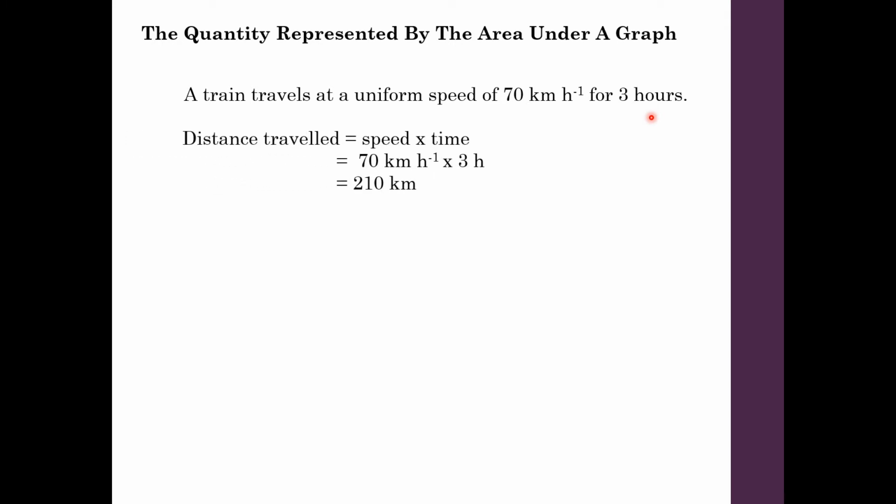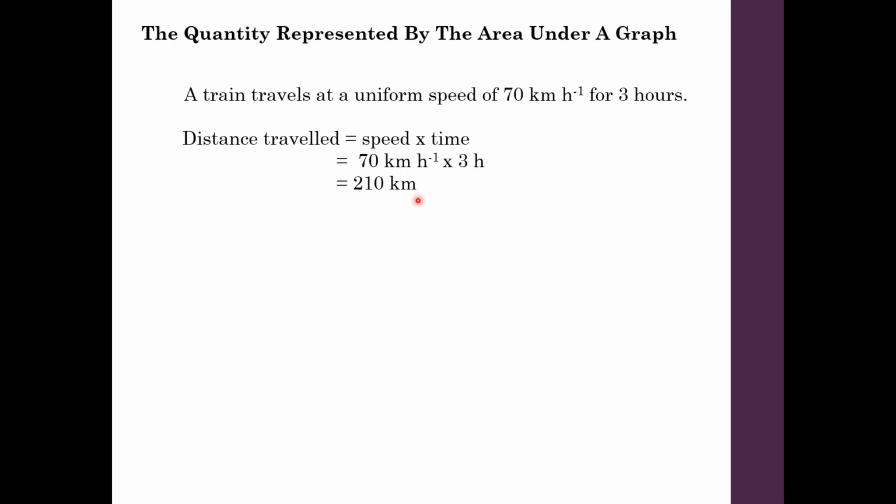Okay, so now the quantity is represented by the area under the graph. Let's see an example here. We have a train that travels at a uniform speed of 70 km per hour for 3 hours, moving with constant speed for 3 hours. If you want to find the distance, as we recall, distance is equal to speed multiplied by time. Here the speed is constant, so there's no problem for us to find the distance. We just substitute the value of speed, which is 70, times time, which is 3,